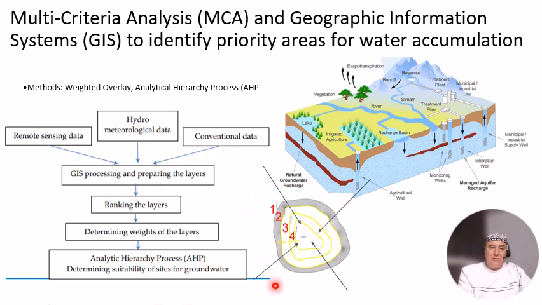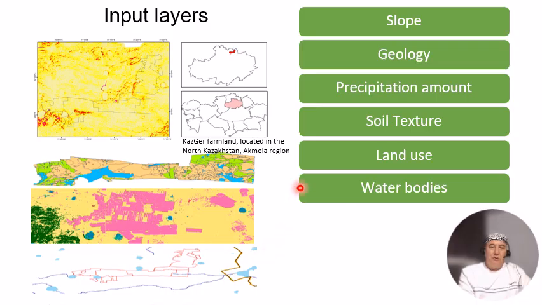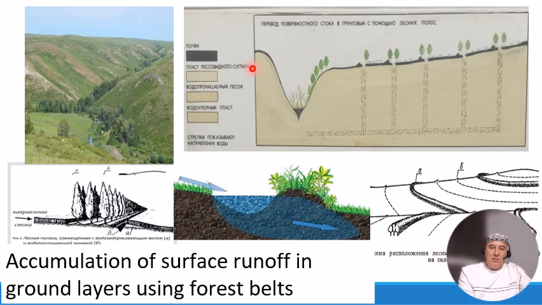This is the analytical hierarchy process, and we will have to put all priorities in line. Input data for this type of strategy should include slope, geology, precipitation, soil moisture, land use, and water bodies. And eventually we should set up this type of system. So we have layers